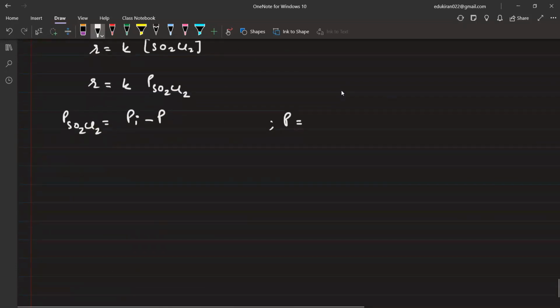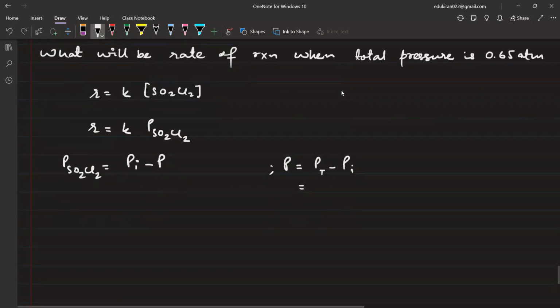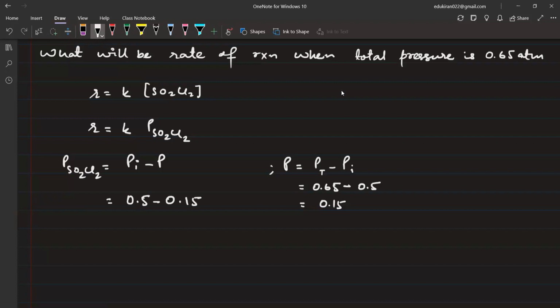What is PT? PT minus Pi. The total pressure, how much did they give? 0.65 atm. We took 0.65 atm, minus Pi, how much was it? 0.5. So this will be equal to how much? 0.15. Okay. So pressure of SO2Cl2 will be equal to, Pi was how much? 0.5 minus 0.15. This will be equal to how much? Tell me, how much will it come? 0.35